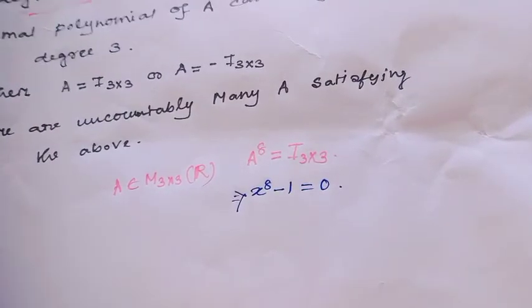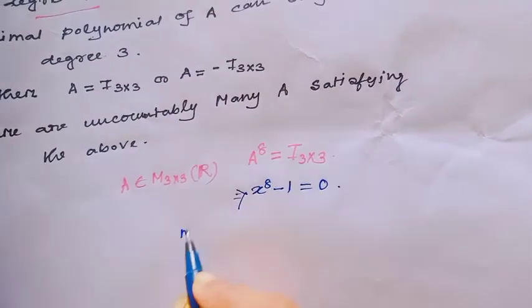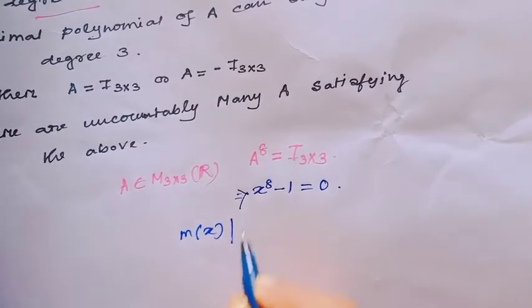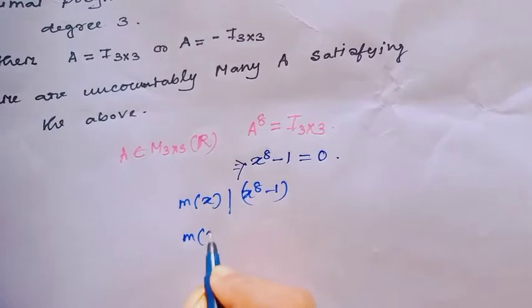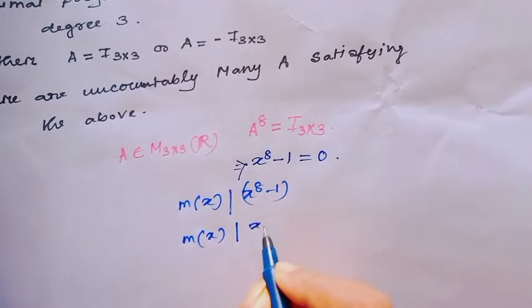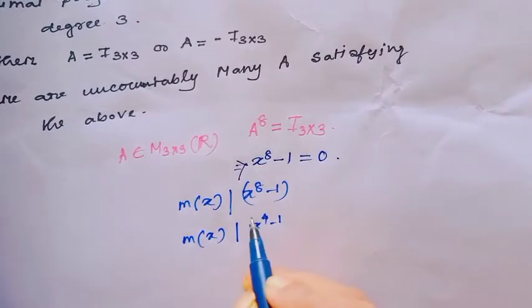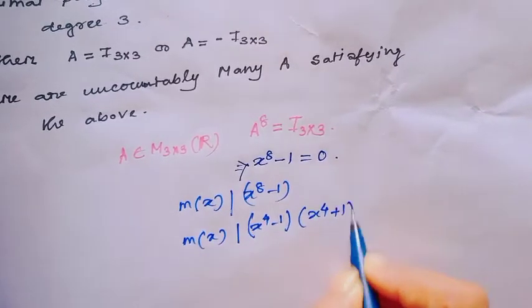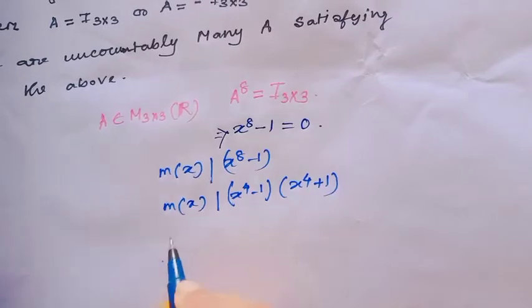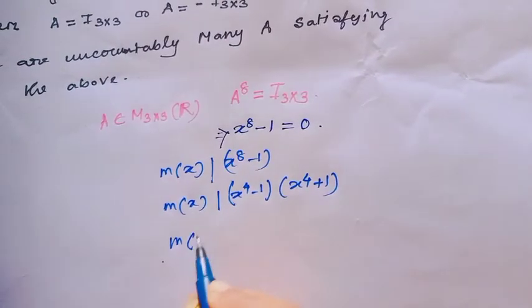And since the minimal polynomial always divides the annihilating polynomial, the possibilities of minimal polynomial would be just x to the power 4 minus 1, x to the power 4 plus 1, and from this expression